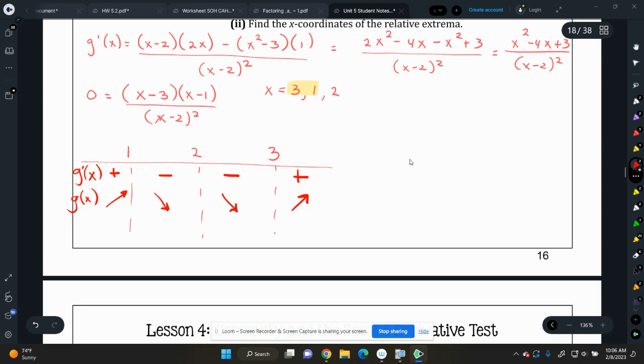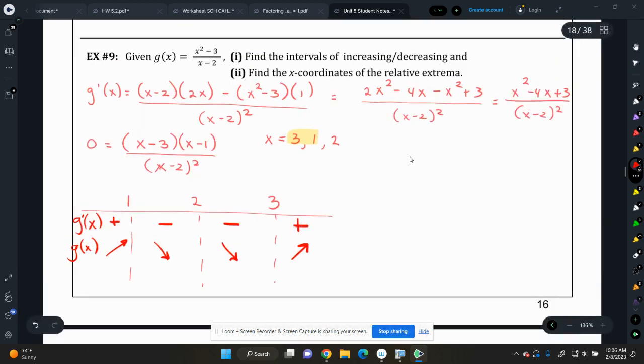Here we find that we do have a point that we're examining where we don't have a change in sign. So when we're looking for intervals of increasing, it's going to be from negative infinity to 1, and also from 3 to positive infinity,